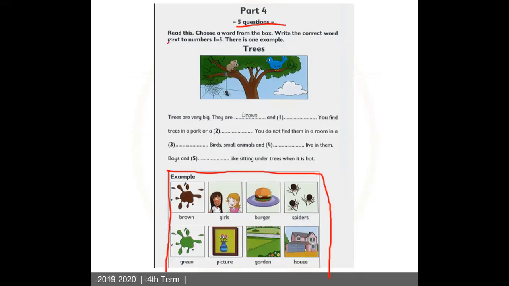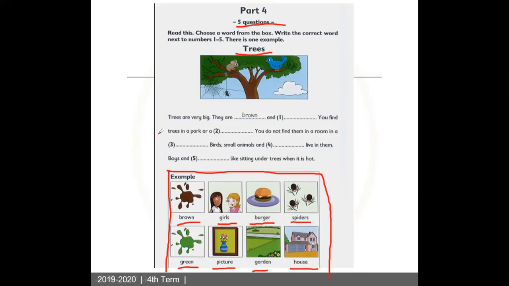Write the correct word next to numbers 1 to 5. There is one example. So our topic, okay, the story is about trees. Okay, so let's read the story. But before that, let's move on first with the example with the vocabularies in the box. So we have brown, it's a color brown, girls, burger, spiders, green, picture, garden, and house. So let's move on to